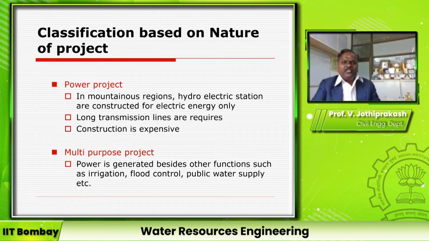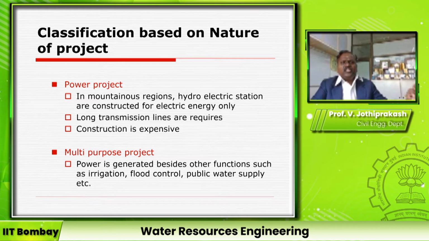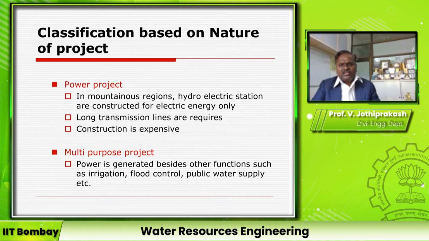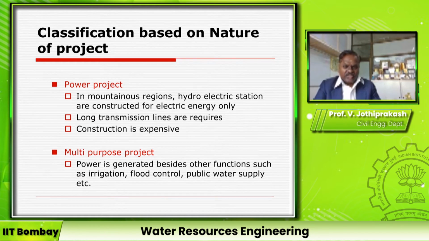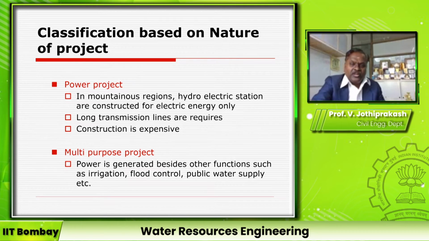Right? Then classification based on nature: I said there are certain dams designed and constructed exclusively to generate power. Such dams are called power projects. But very rarely do we have such power projects. Almost all dams are multi-purpose projects. That means the same water is used for hydroelectric power and irrigation, and then it becomes incidental power production. The same water can be used for public water supply and flood control, and there is no pollution due to power production